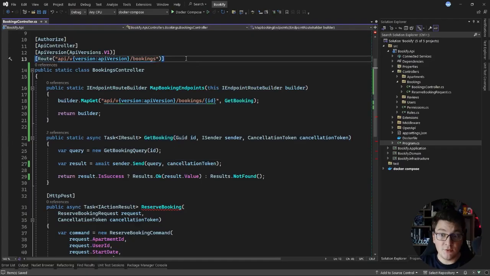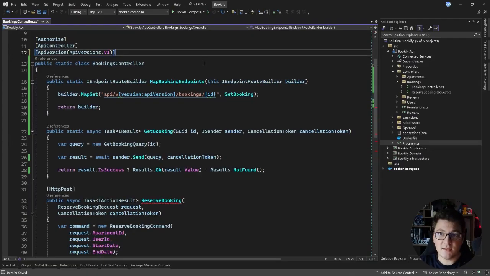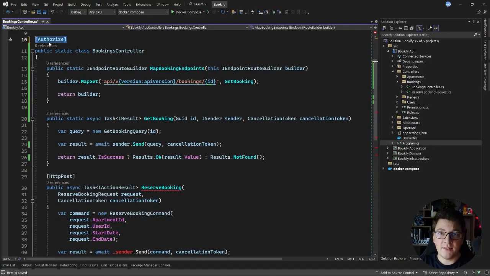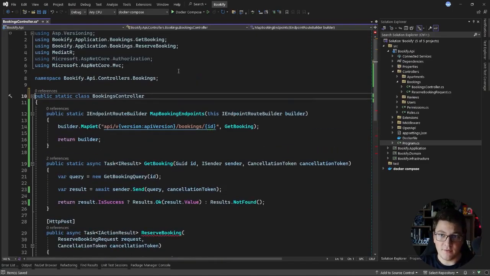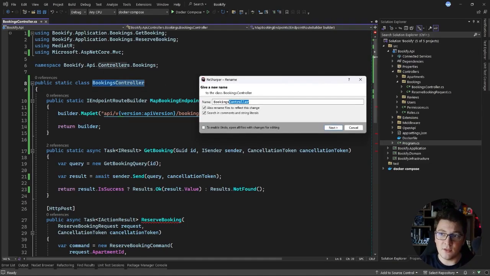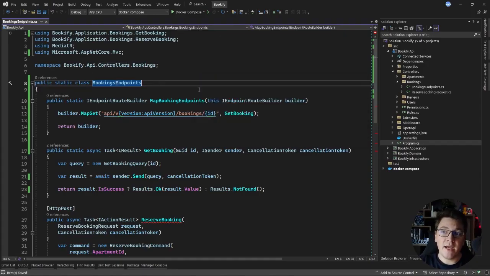I mentioned that the route attribute doesn't make any sense, so I'm going to remove it. The API version attribute also won't work, as well as the ApiController, and the Authorize attribute, we can also get rid of that. So this is all that we're left with in the bookings controller. So let's actually rename this to be BookingsEndpoints. So I'm going to replace the controller wording with endpoints,